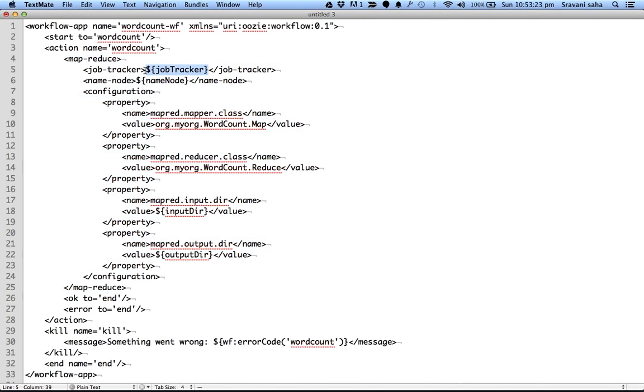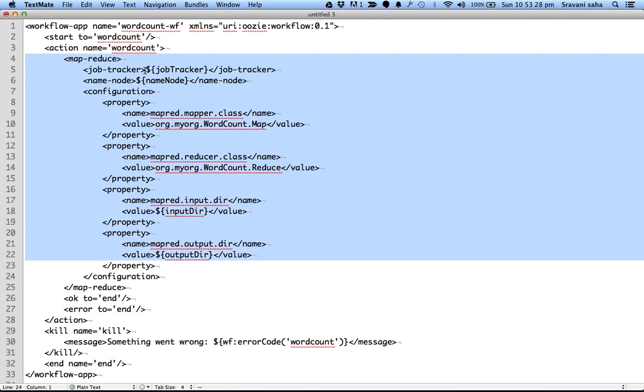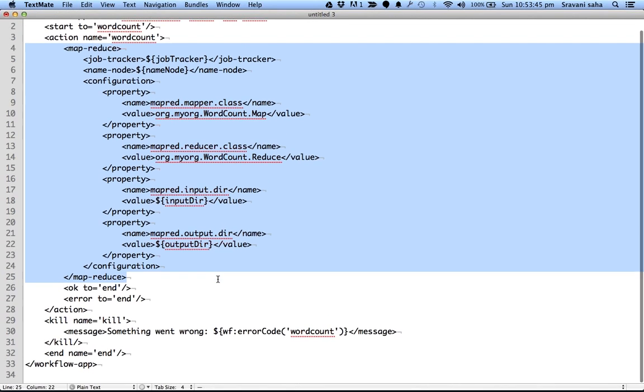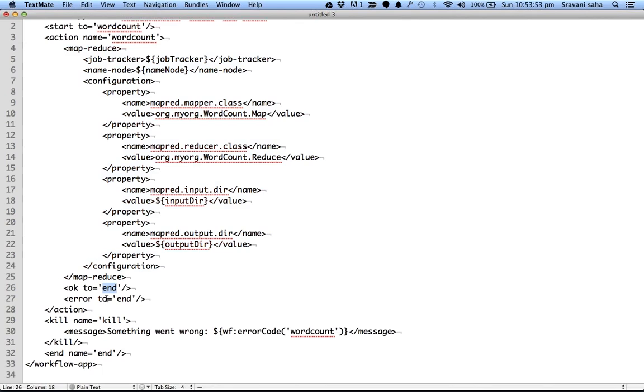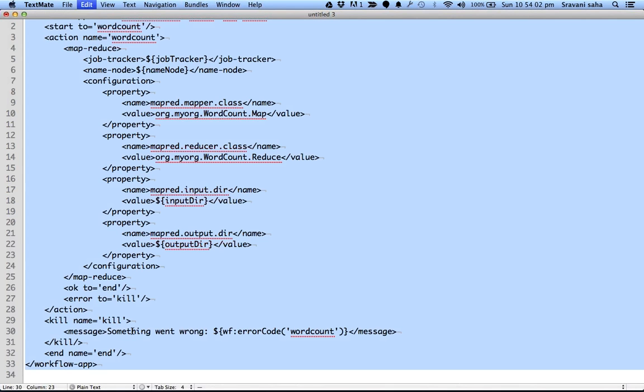If you basically say dollar, it will take it from the settings, and that should be good enough. And here you have to define all the arguments you pass to the job: what is your mapper class, what is your reducer class, what is the input directory, what is the output directory, and so on. In case this map reduce finishes successfully, it should go to end, and in case it gives an error, it should go to kill. That's a little mistake here.